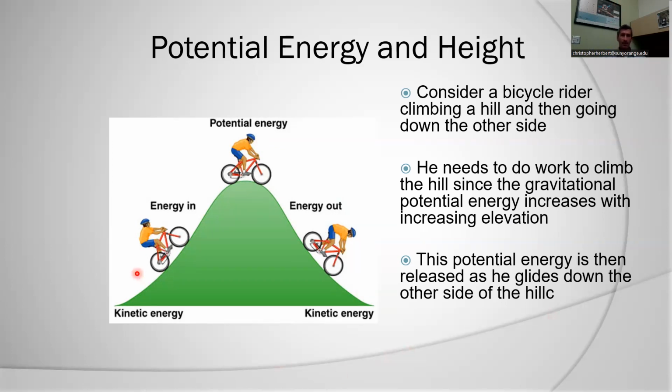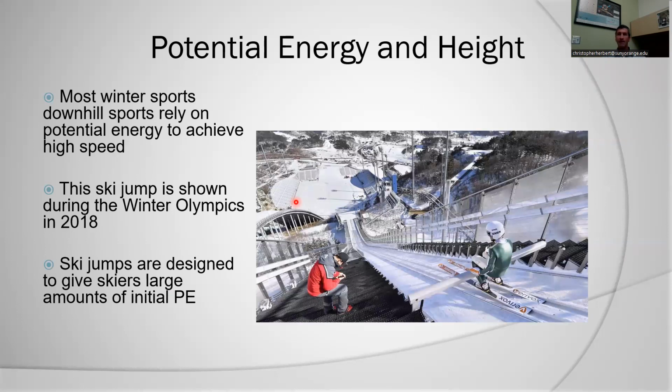In this case, the biker has to put work in because they start up the hill with some kinetic energy, but they've got to convert that work into potential energy. At the top of the hill, they're out of breath. They then start gliding down. Now all that potential energy can be returned to become kinetic energy. Anytime you watch a winter sport, it's a great example of turning gravitational potential energy into kinetic energy and work